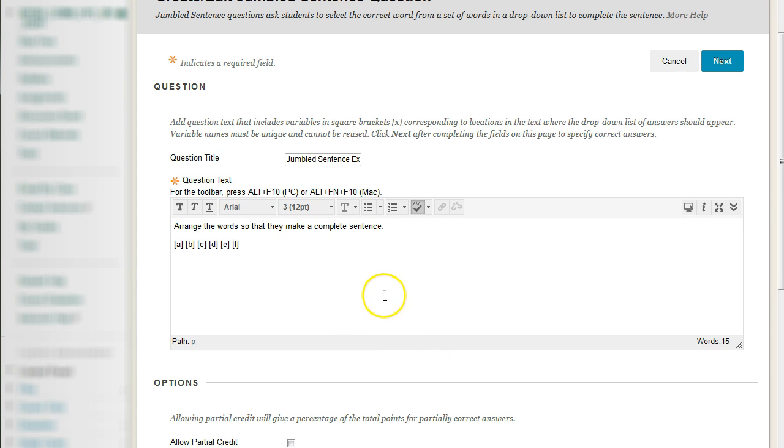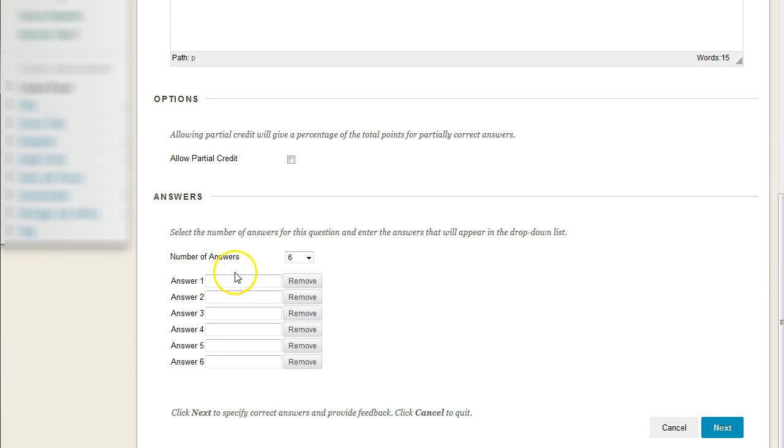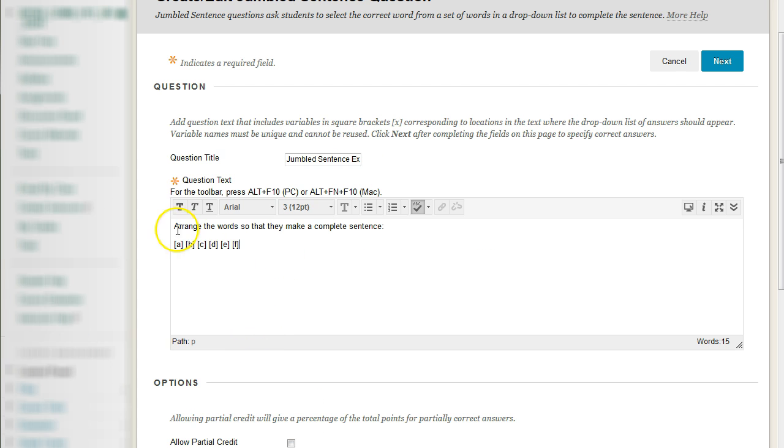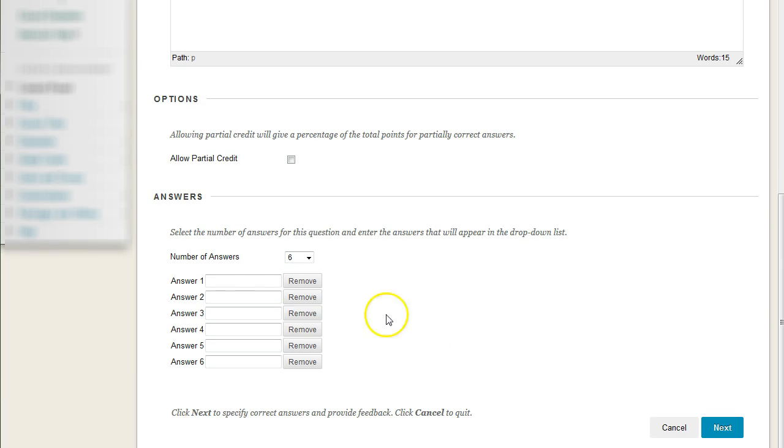So what's going to happen is we're going to have a drop down wherever we have a bracket. And that drop down is going to contain all of these answers. And each dropdown is going to have the exact same answer set. So what can the answers be? Well, let's make a sentence. So, the brown fox is quite awesome. So this is going to be the different words or phrases that they could choose from their drop-down menu